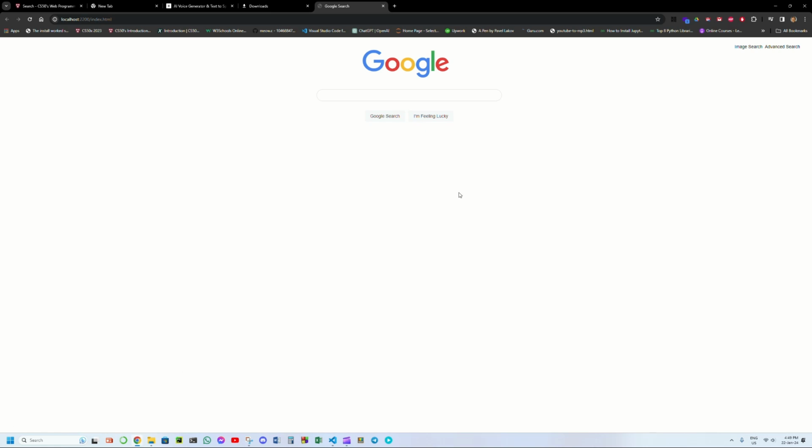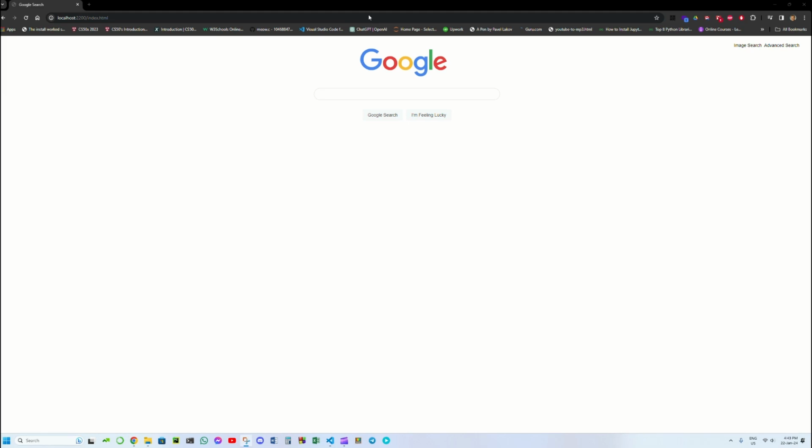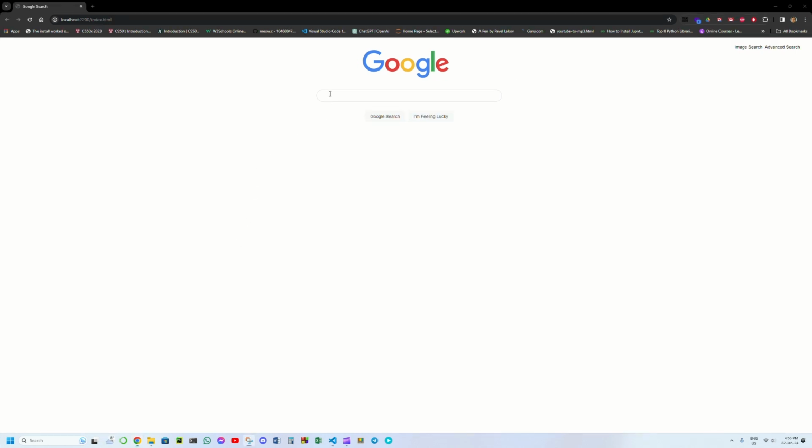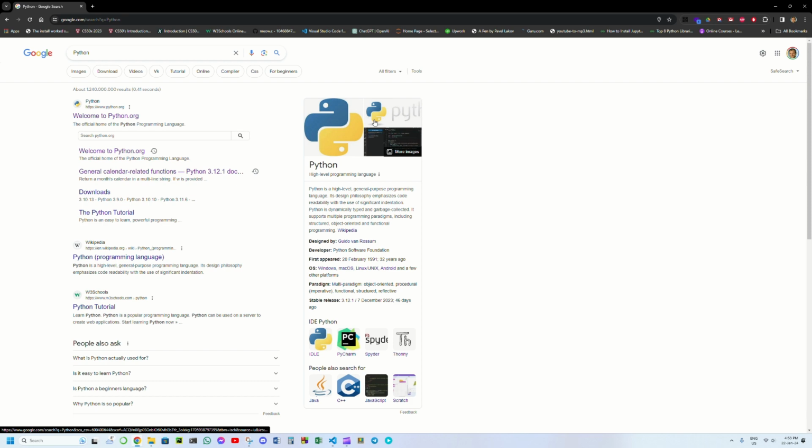Hello, today I'm showcasing my website designed to emulate various Google search functionalities. Here are the three main pages: the Google search page, the Google image search page, and the Google advanced search page. Note the links in the upper right corner for easy navigation. On the Google search page, you can type a query, and by clicking Google search, it redirects to Google's search